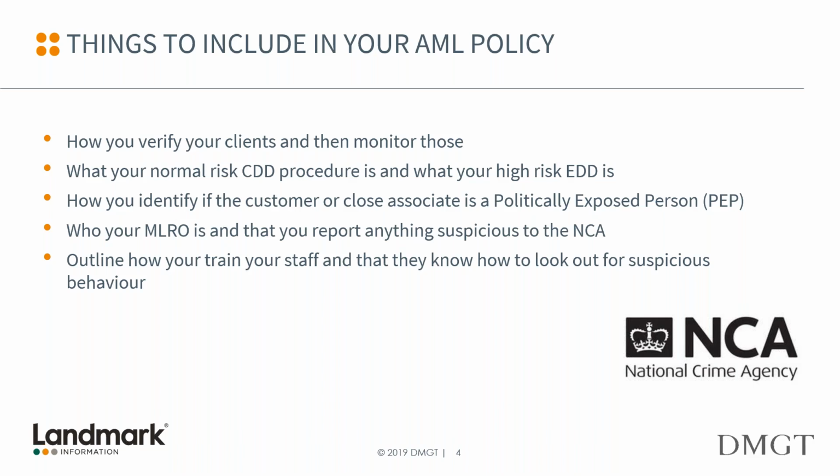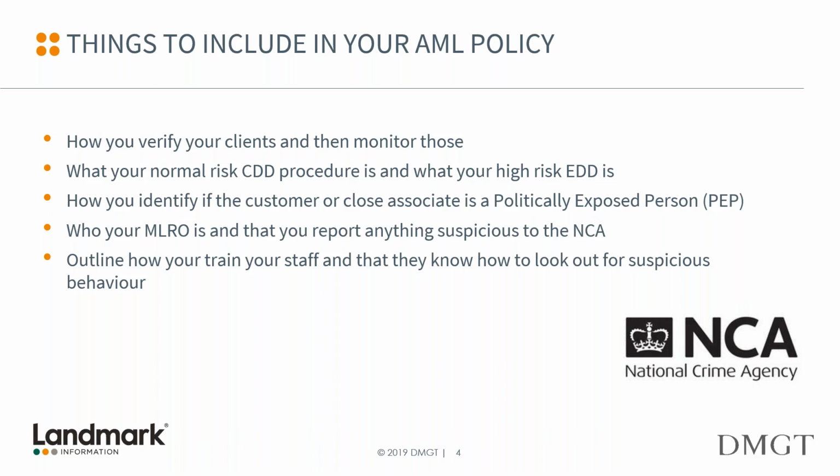You must also include how you identify when a customer or beneficial owner is a politically exposed person, or a family member or close associate of that person is politically exposed. And you need to do appropriate levels of enhanced due diligence in those situations. Often when we speak to agents, checking for PEPs is just something they've forgotten to include in their processes. If you are just taking manual forms of ID, how have you checked if the client or their close associate